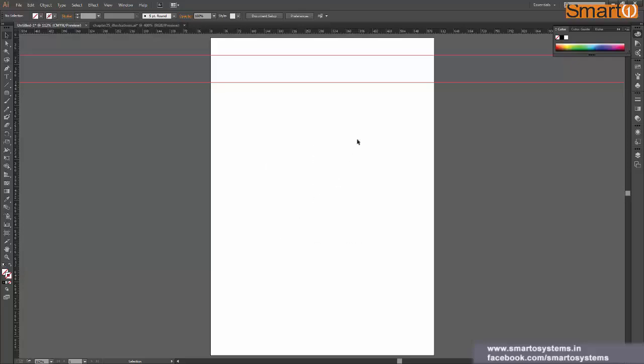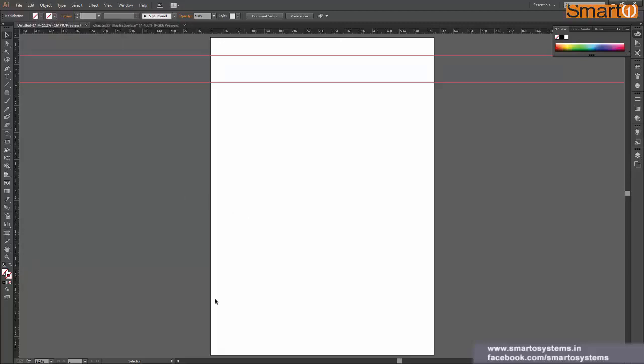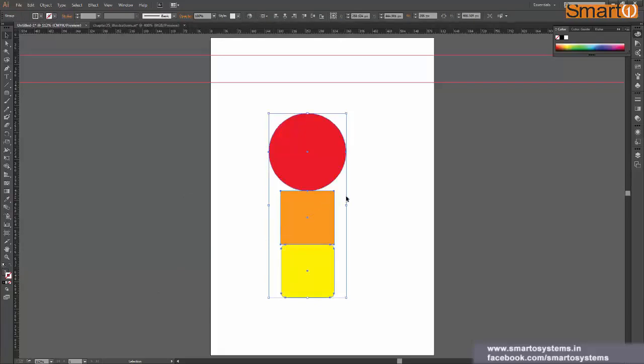Now if I want to unhide it, there is a problem. I cannot select the shape and say unhide because the shape is not available to me, so Illustrator won't know what to unhide. For that there is an option in Object which says Show All. This option makes sense. It will show everything on your artboard which you have hidden so far. So I click on Show All. The shortcut key is Ctrl Alt 3. I'm going to press these three keys on my keyboard, and there I have my shape, or group, back.